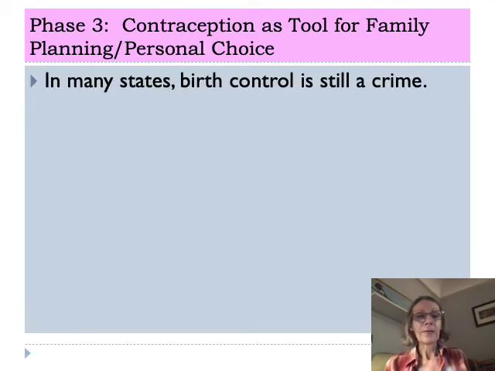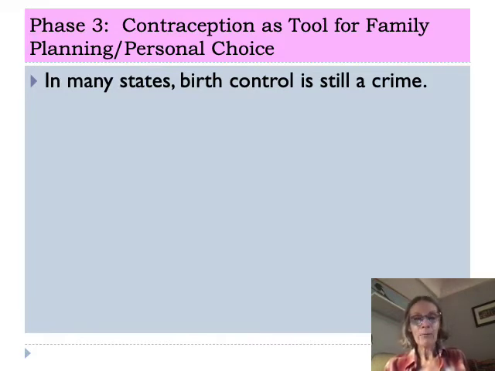Now, keep in mind that many states adopted state versions of the Comstock Act. And so there were many states that had these state level Comstock Acts prohibiting abortions. And so in many states, access to birth control was impossible to come by, and using birth control was a crime. The states in New England, Massachusetts, Connecticut, etc., were the areas that had the most restrictive contraceptive laws in the country. In Massachusetts, anyone disseminating contraceptives or information about contraceptives faced stiff fines and imprisonment.